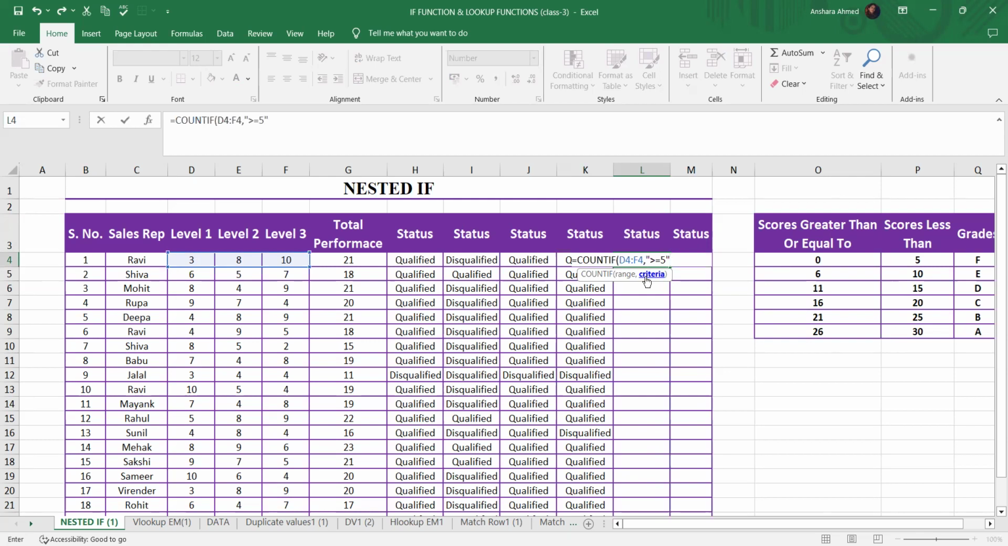Double inverted comma, close the bracket, and then again we'll put a condition that in all three levels, greater than or equal to 5 should come, but in any two levels. So I wrote greater than or equal to 2. In any two or more levels, if someone got 5 or more than 5 marks, that means he is qualified. So again I'll apply the if function, comma,